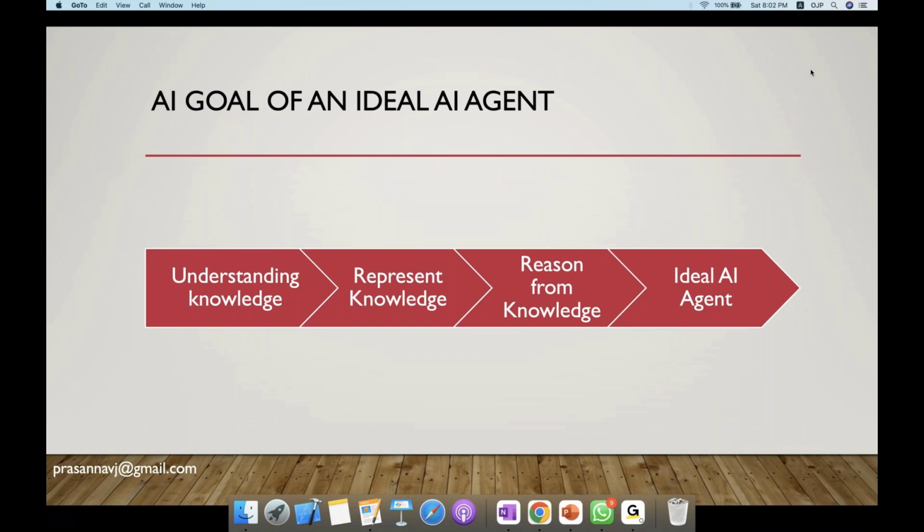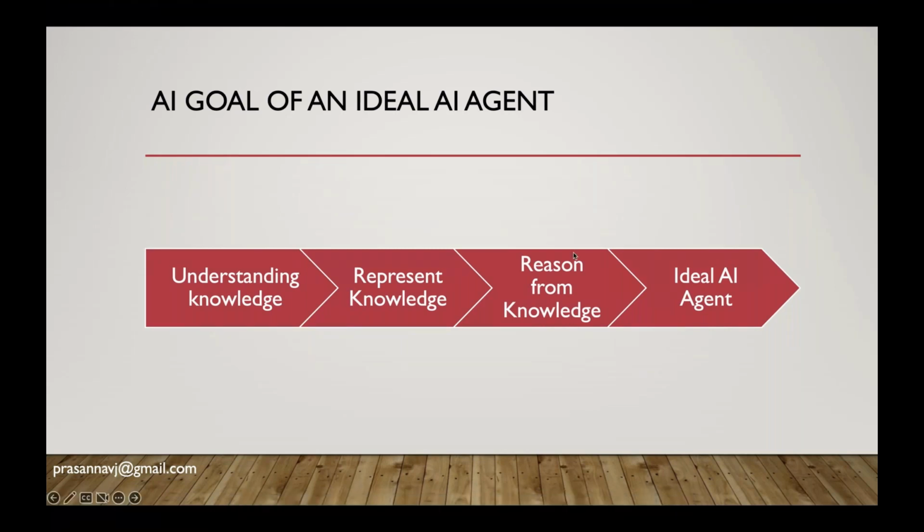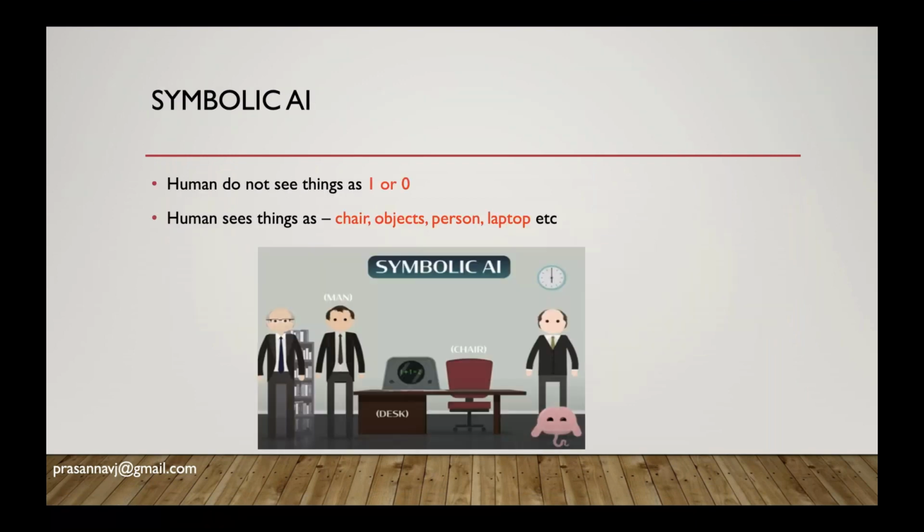Right. So till now, what we looked at is how we represent the knowledge and how we reason from it. Okay. Now let me introduce you to the next set of items. Let me introduce you to symbolic AI. So basically, what symbolic AI is,